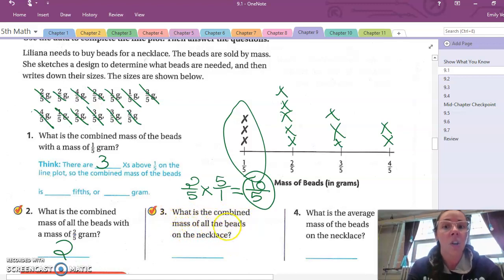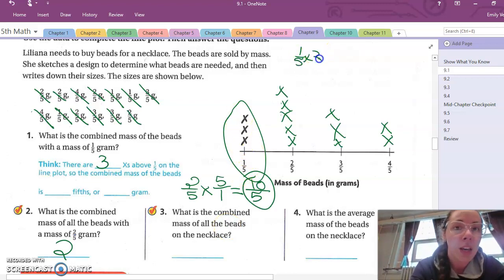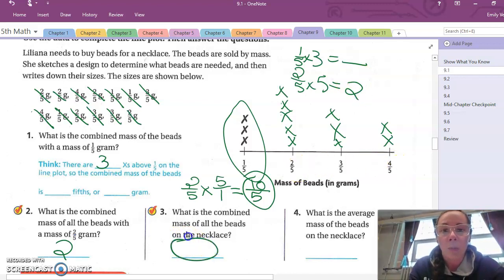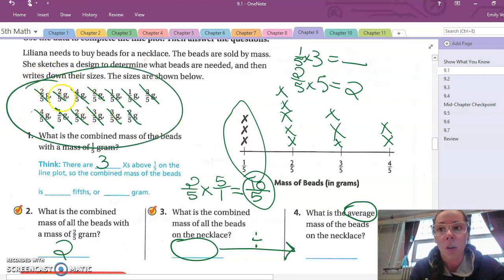What is the combined mass of all the beads of the necklace? So this is the part where you take each one, 1/5 times 3 gives you something, 2/5 times 5 gives you, in this case, 2, and so on, and that would be your total. Add those all up. And then the average, this would be where you use this number and divide it by the total number up here. 1, 2, 3, 4, 5, 6, 7, 8, 9, 10, 11, 12, 13. So whatever this number is divided by